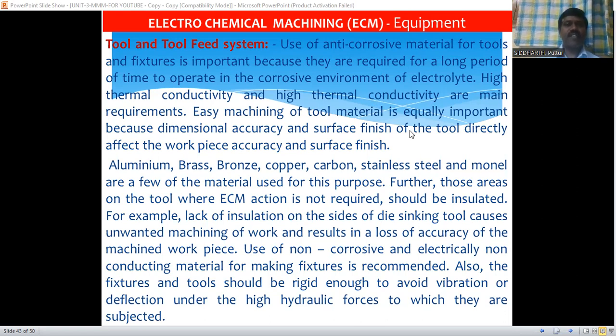Today, we are going to discuss the electrochemical machining process. In that process, what are the equipments that we are using for running the machine, and what are the major components present in the electrochemical machining process? The major components present in this electrochemical machining process are